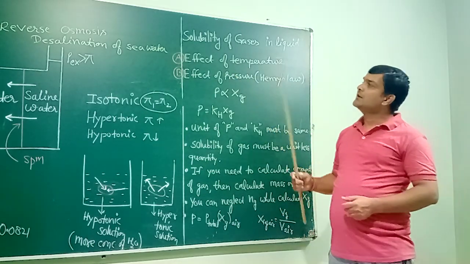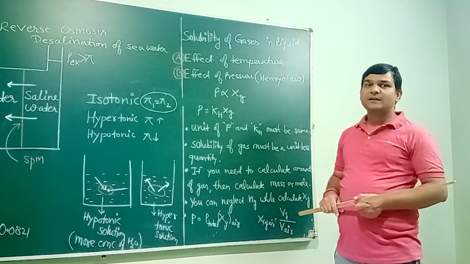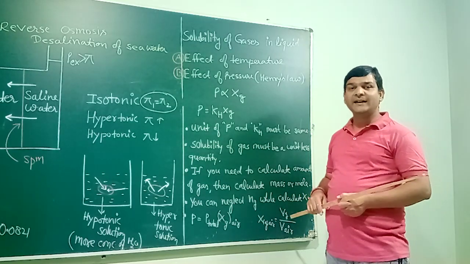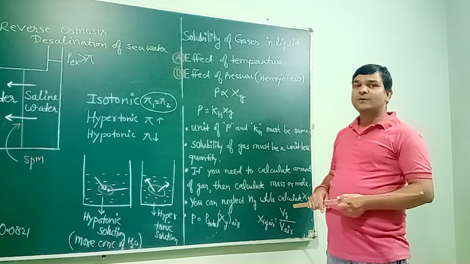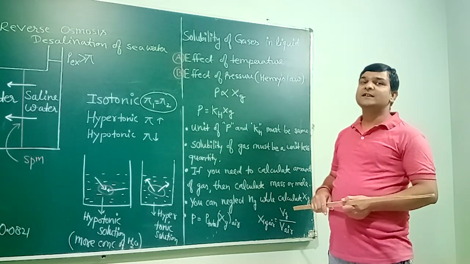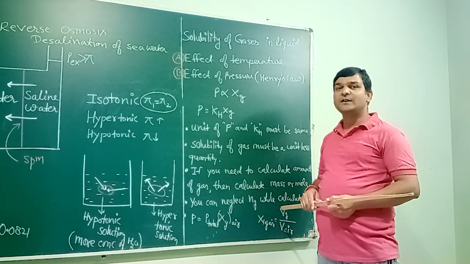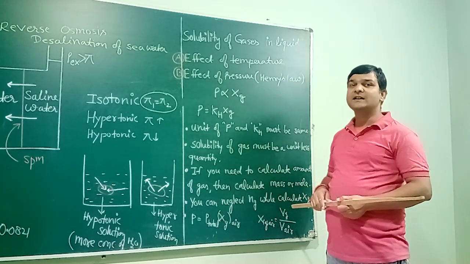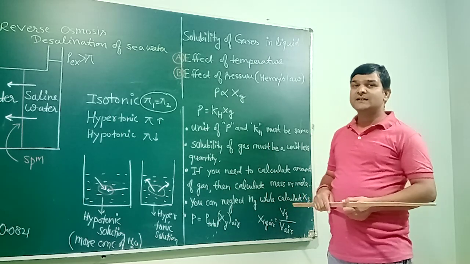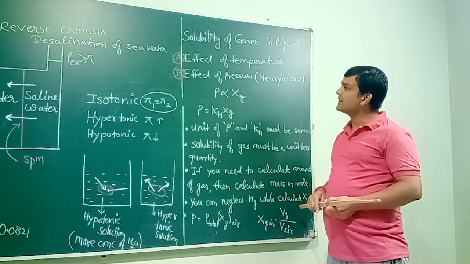Now, why is it so? You can explain this on the basis of Le Chatelier's principle. You have to remember that most of the gases dissolve in water in an exothermic reaction, and because it is an exothermic reaction, the reaction is facilitated by decreasing temperature. So when we decrease the temperature, the solubility of gases will definitely increase as per Le Chatelier's principle. Solubility of gas in water is an example of an exothermic reaction, and therefore it is facilitated at low temperature.